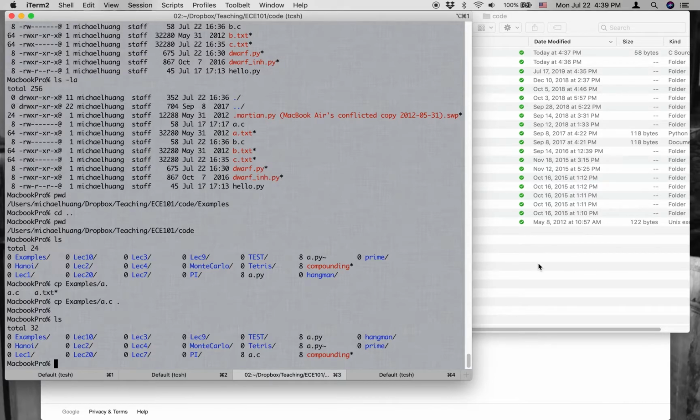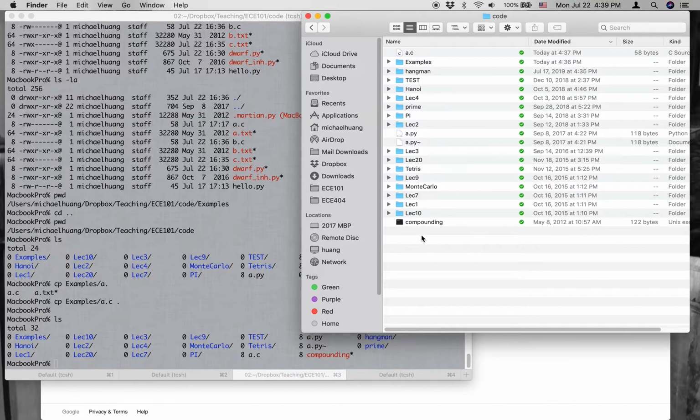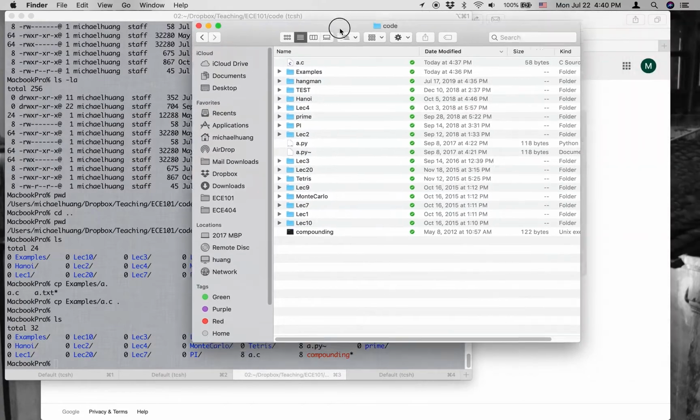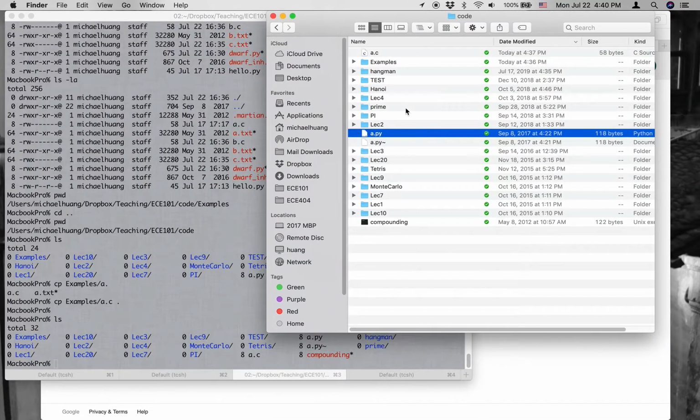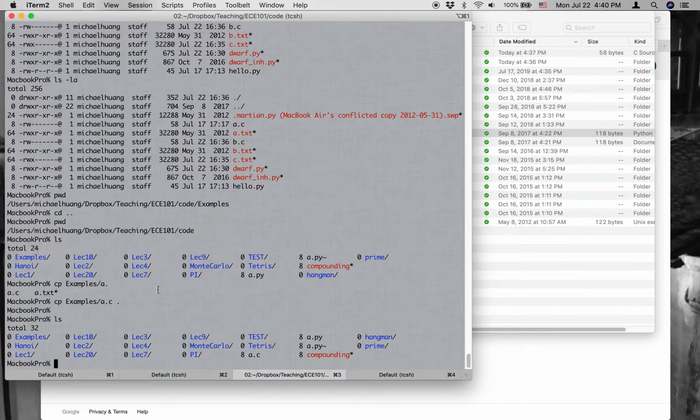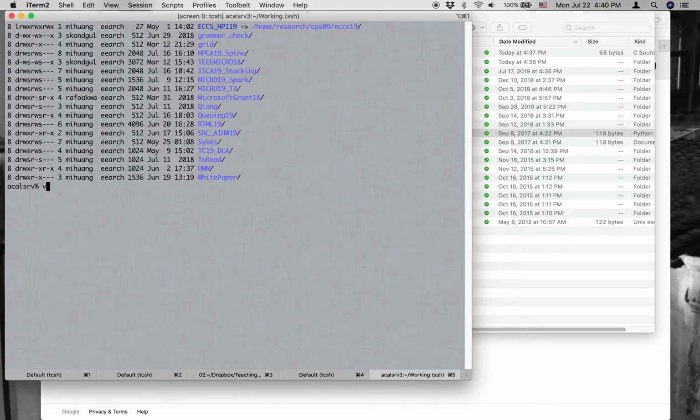Of course, I can do this with a GUI. I can create a directory by saying new folder, give it a name, go find those files somewhere, and then put them in. So this requires me going around, dragging things, double clicking, a lot of action. It's very tedious. Okay, but on the other hand, if I do this with my script, I'll just show you where I have it, and that's a script that I created